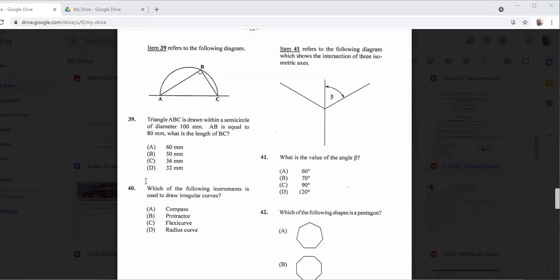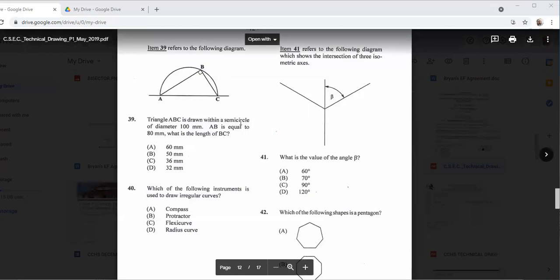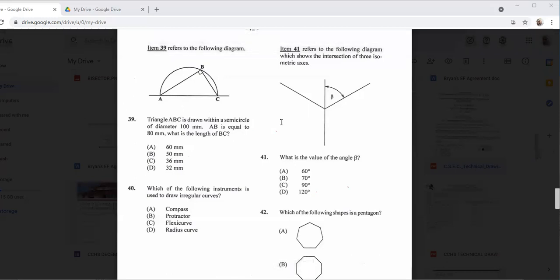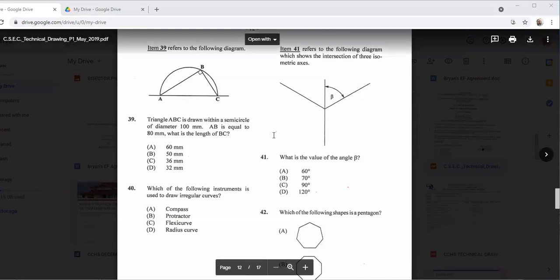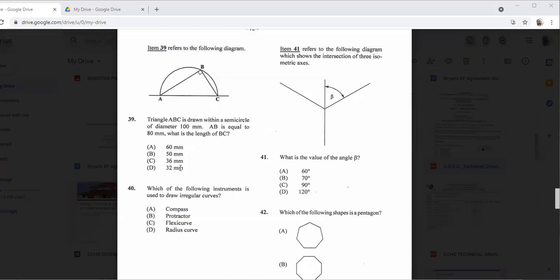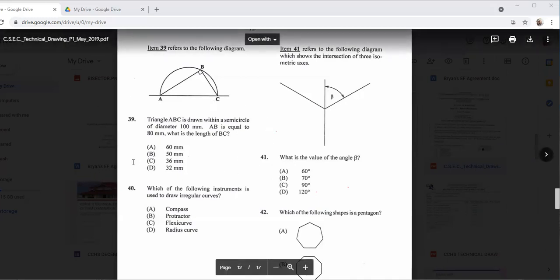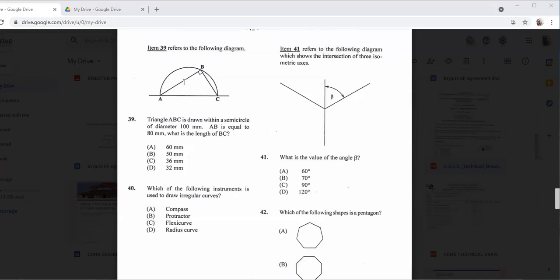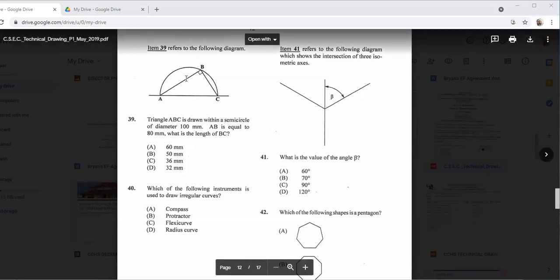40. But well, back to 39. Which do you think would be the correct response for 39? You think 60 will be good or 50? Sir, 60. Yeah, I think 60 because if here is 80,